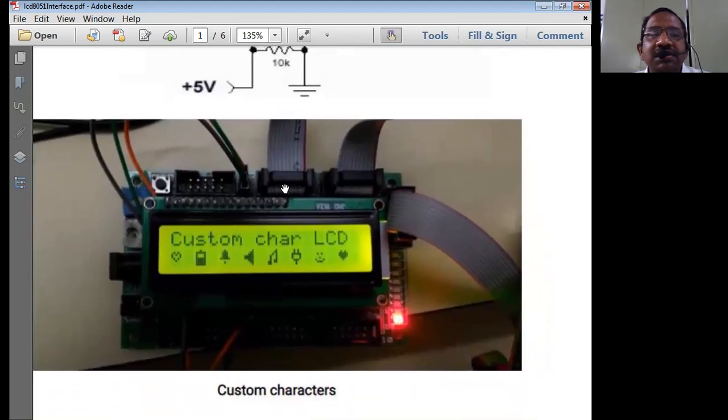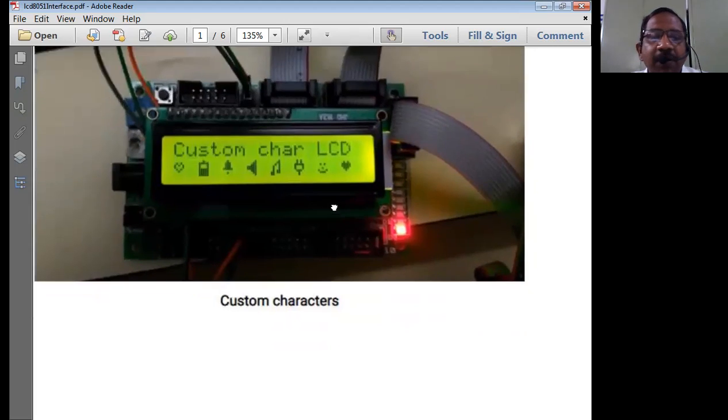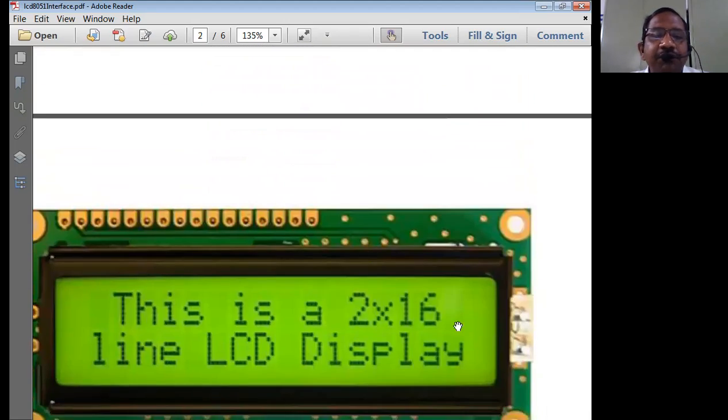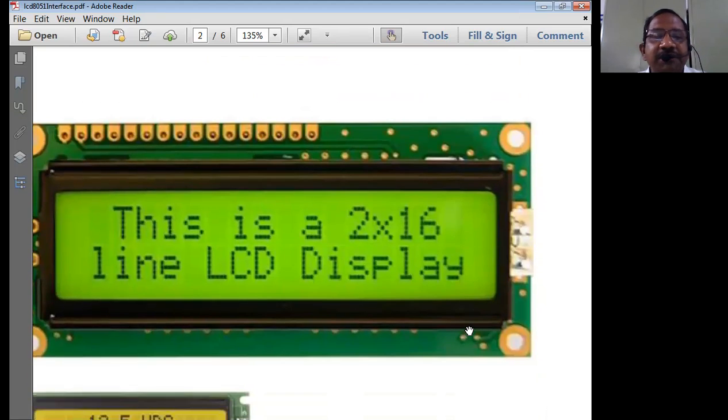Now see this, it is going to support parallel communication. So this is a parallel port. Using this parallel port, the data or command will be simply placed onto the display unit. Similarly, we have different types of LCD display units.